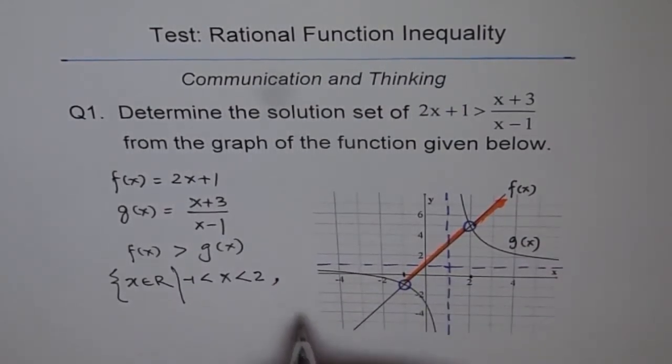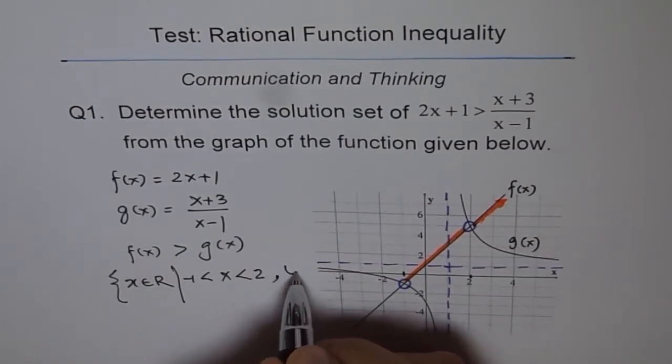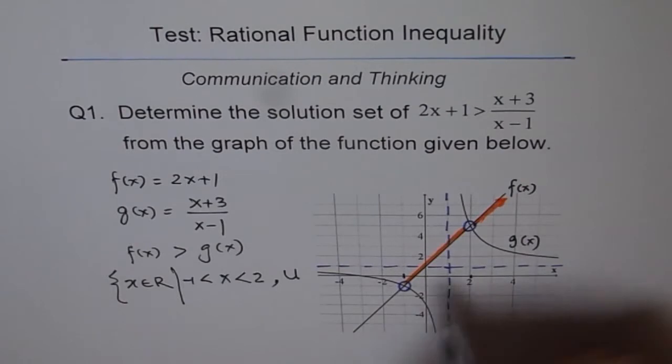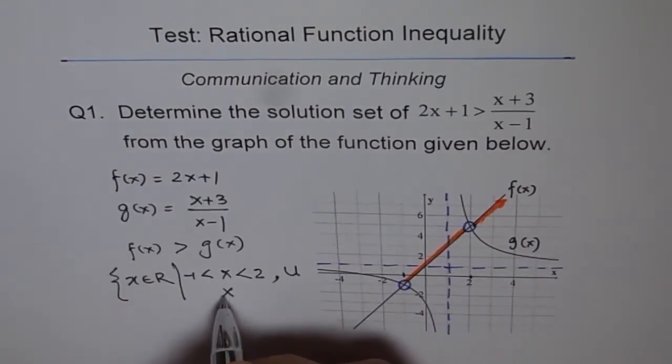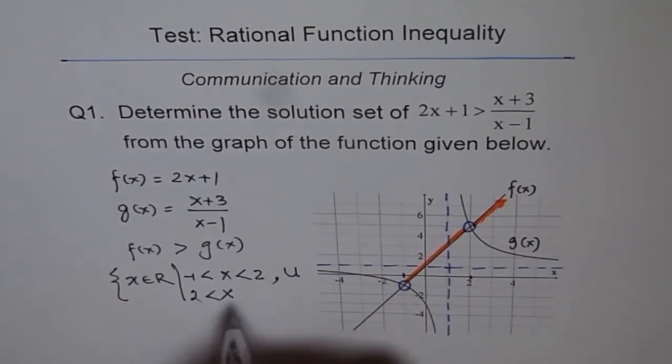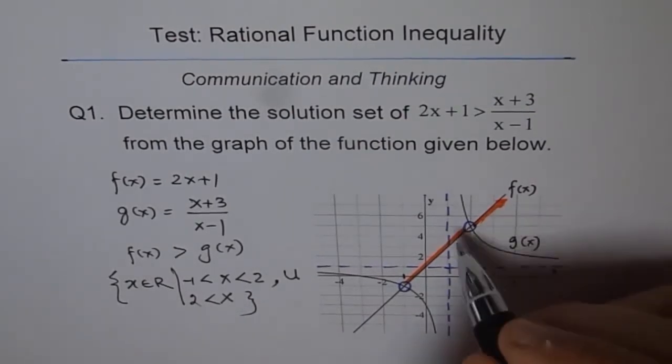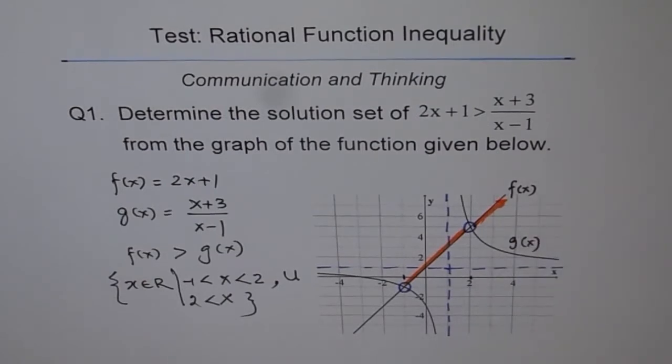That is one set. You can write union also. The other set is that x is greater than 2, right? So that becomes our solution set. Do you see that? So these are the two values. So on a number line,